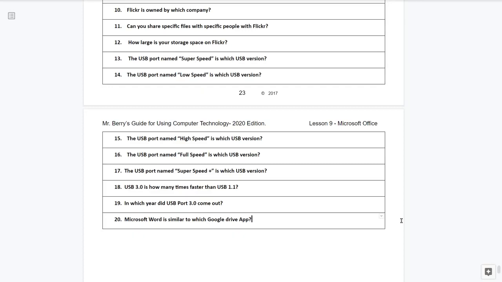Question number 15. The USB port named High Speed is which USB port version? Question number 16. The USB port named Full Speed is which USB version?